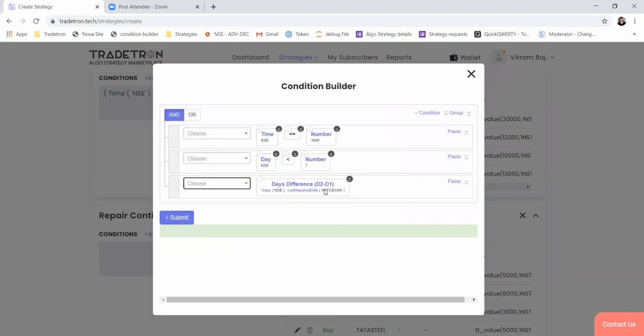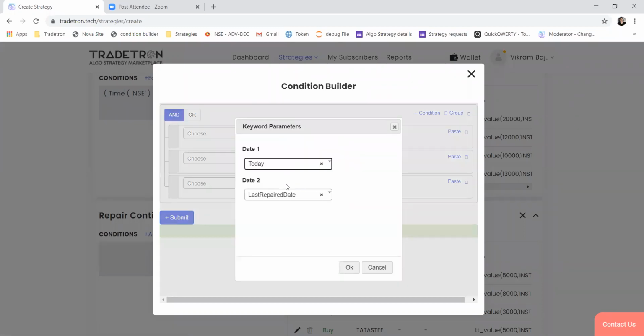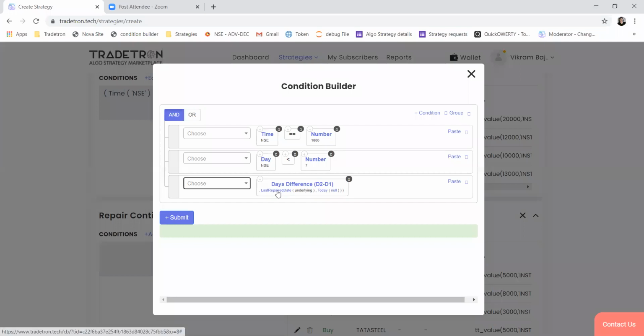So I'll pick HDFC Bank. Whatever was the last date when HDFC Bank was traded and today's date, it will take the difference between the two. And yeah, as it is date 2 minus date 1, today will be the latest date and last traded date will be the older one, so it has to be earlier. Yeah, so now this will be correct.